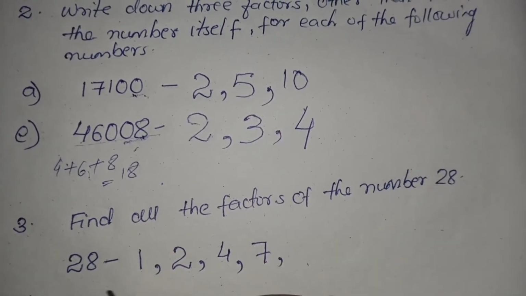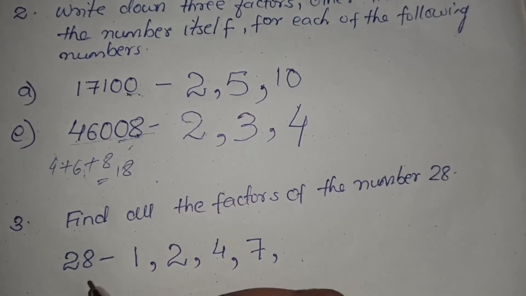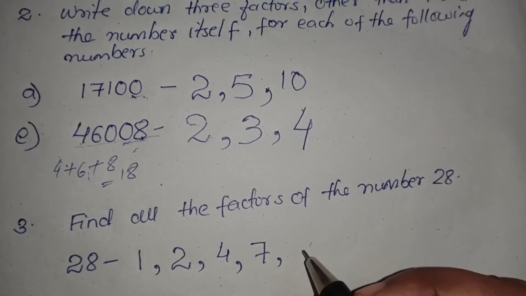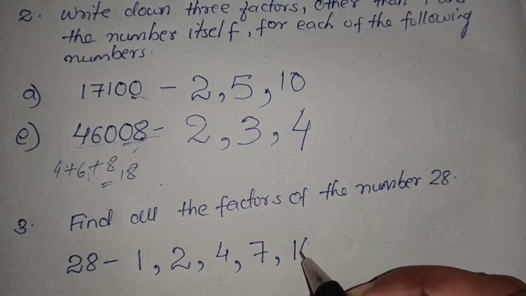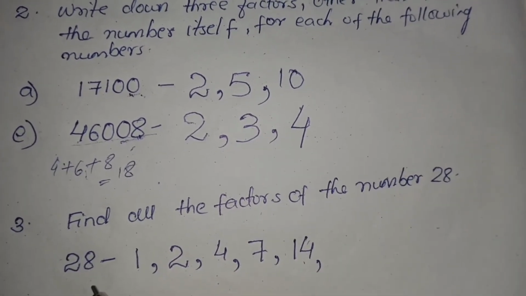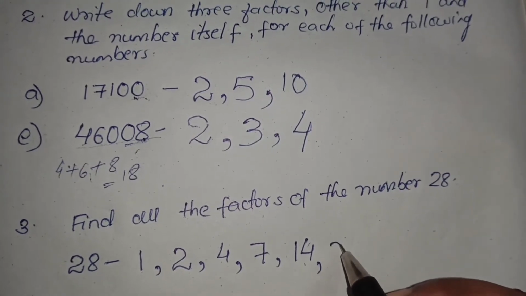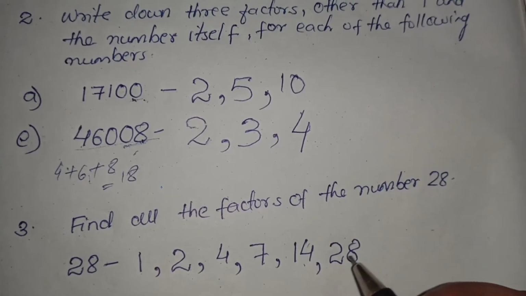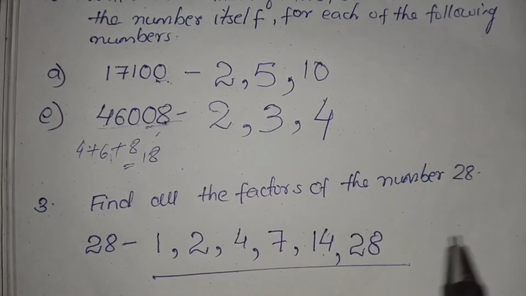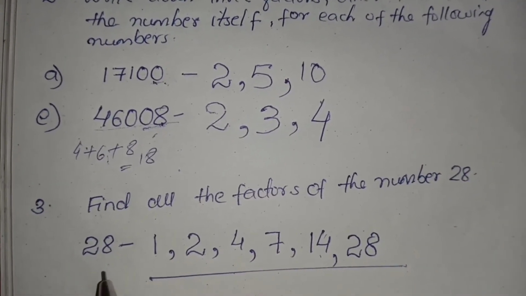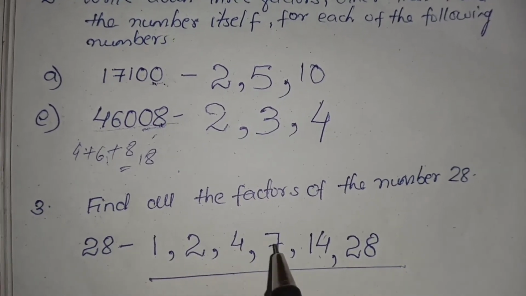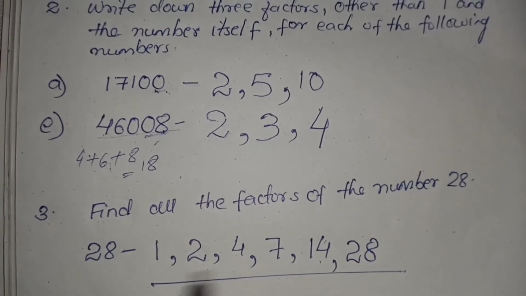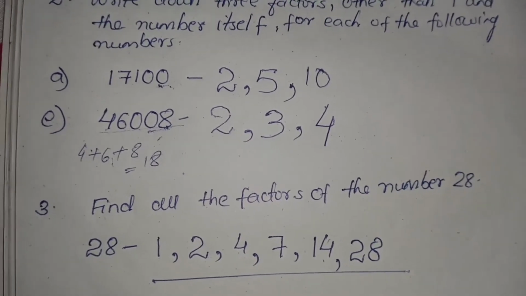Now this will come directly in the table of 14. 14 twos are what? 28. So here we will write directly 14, and it will come in its own table. Every number is a factor of itself, no? So it will come in its own table. So these are the factors of 28. We have written all the factors. The factors of 28 are 1, 2, 4, 7, 14, 28. In these tables 28 comes. Now let us see the next question.